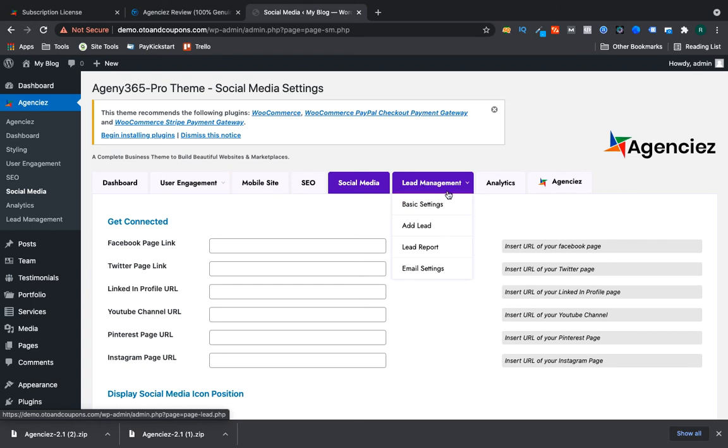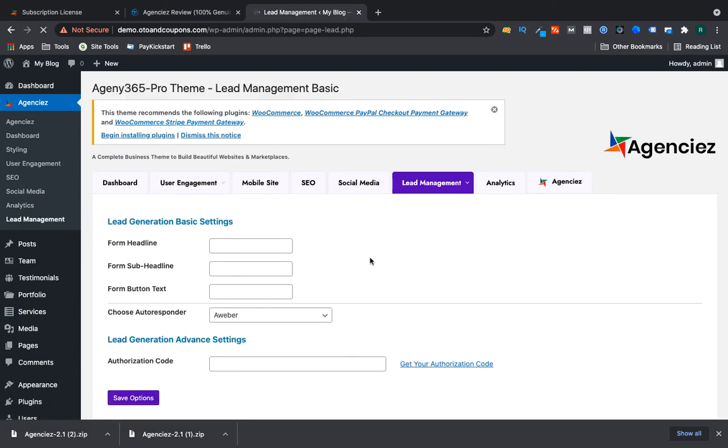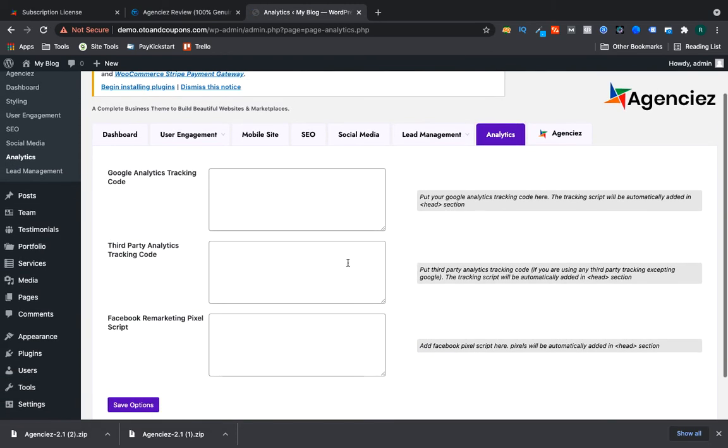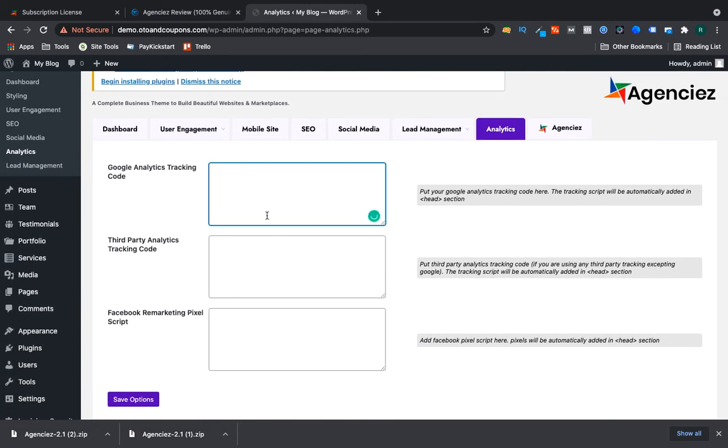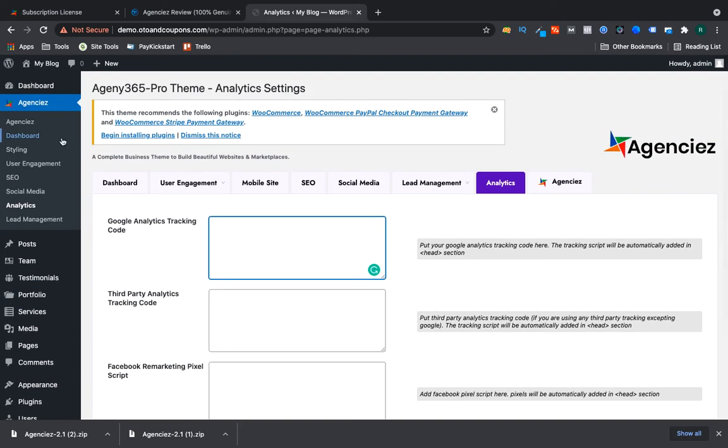If you are using a contact form, you will have all your data here, lead reports and all the stuff. Then we have analytics. I can add tracking codes directly, for example Google tracking codes or Facebook ads. And I have to save it.